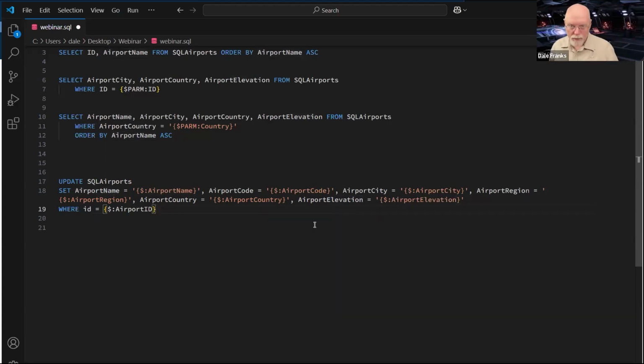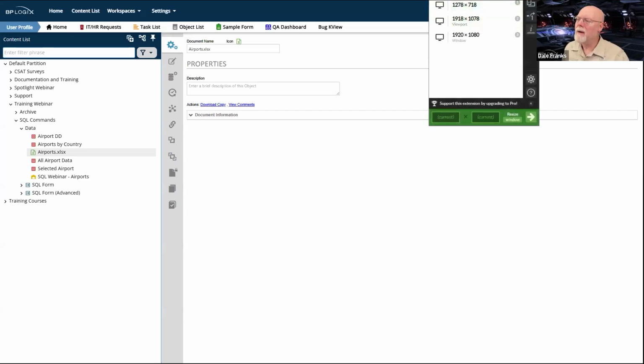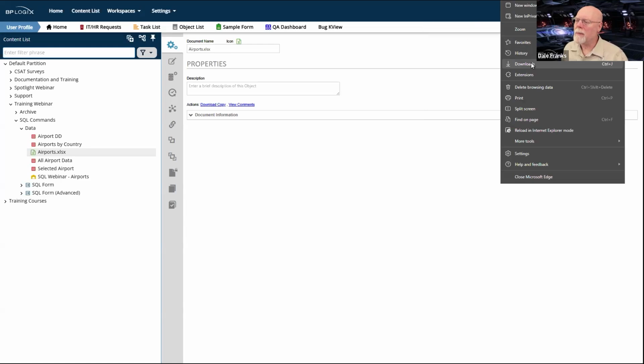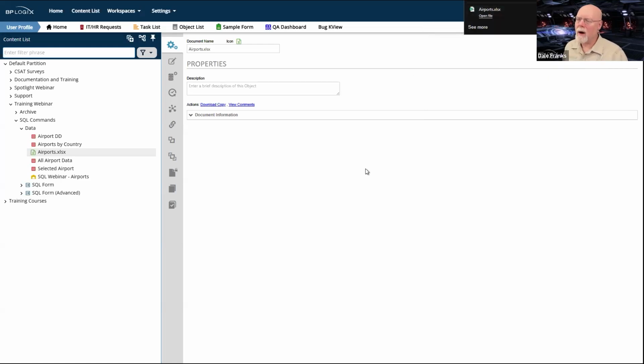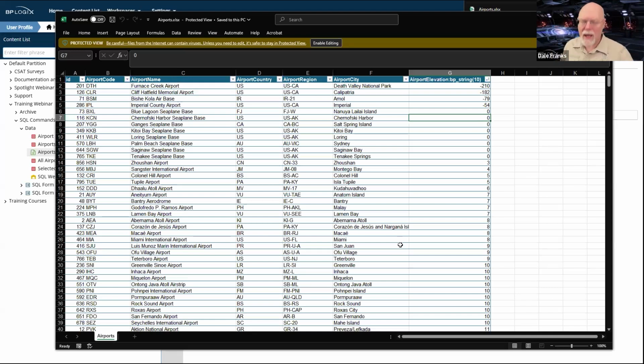By the way, a general rule to keep in mind anytime you're dealing with any sort of database stuff, and I think I talked about this in the Excel data sources deal, and it's important to keep in mind. If I'm not going to do math on something, it's not a number. So let me go back to my downloads. Let me reopen the airports file. So as I just said, if I'm not going to do math on something, it isn't a number. It's text. There's a lot of things that we think of as numbers that aren't actually numbers. They're text, at least in terms of the database.